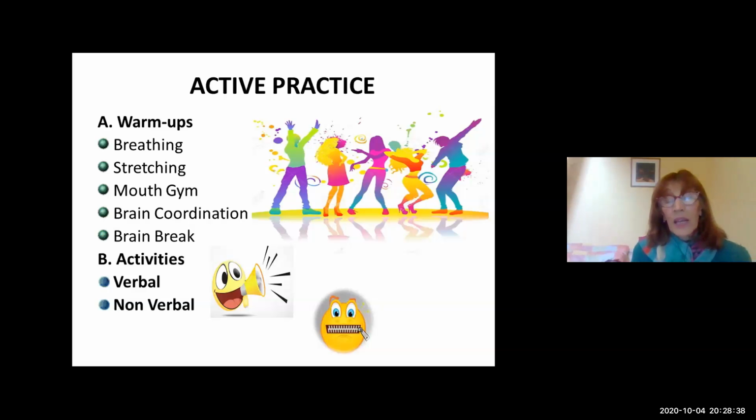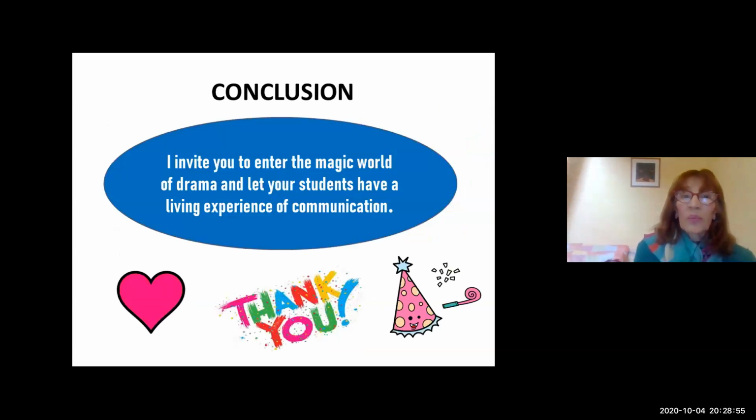And nonverbal activities concentrate on the visual and auditory channels, which are the ones that are normally used when we are listening. Why? Because when we are listening, we are not only using our ears, we are using also our eyes. So, in conclusion,